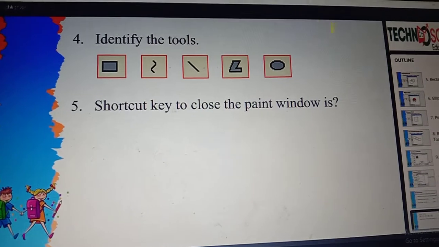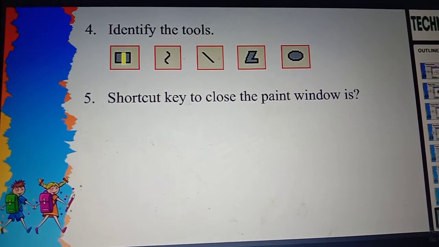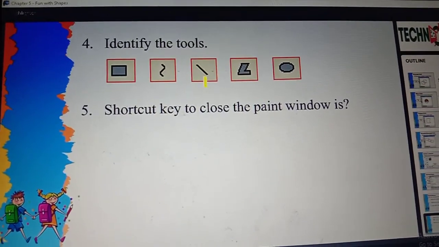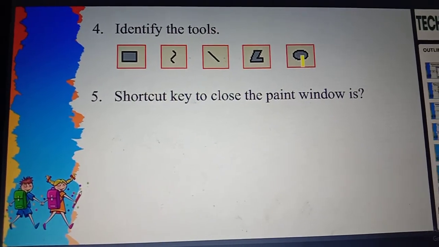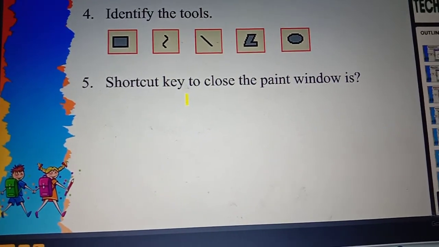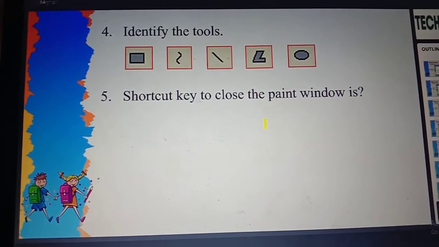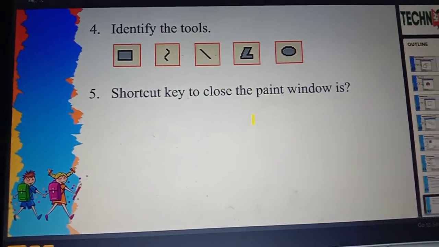Now I am going to say the tool's name. See, this is a rectangular tool, curve tool, this is a line tool, this is a polygon tool, and this is an ellipse tool. The shortcut key to close a paint window is Alt plus F4. Yes. Now I will show you a video on how to draw